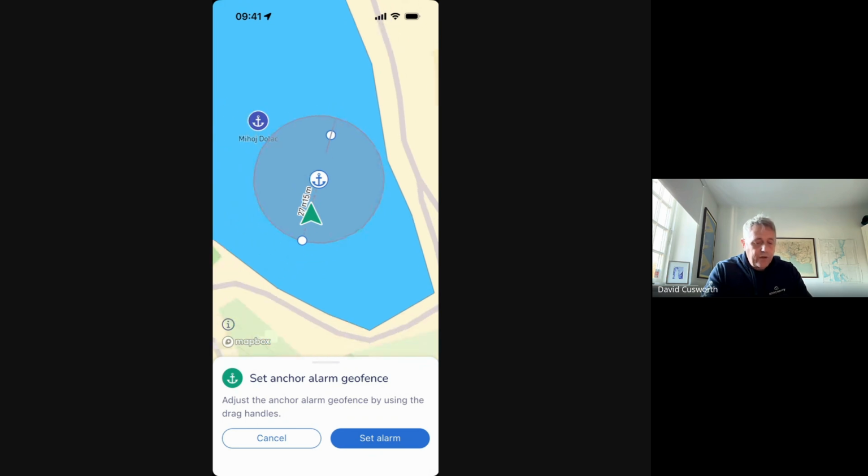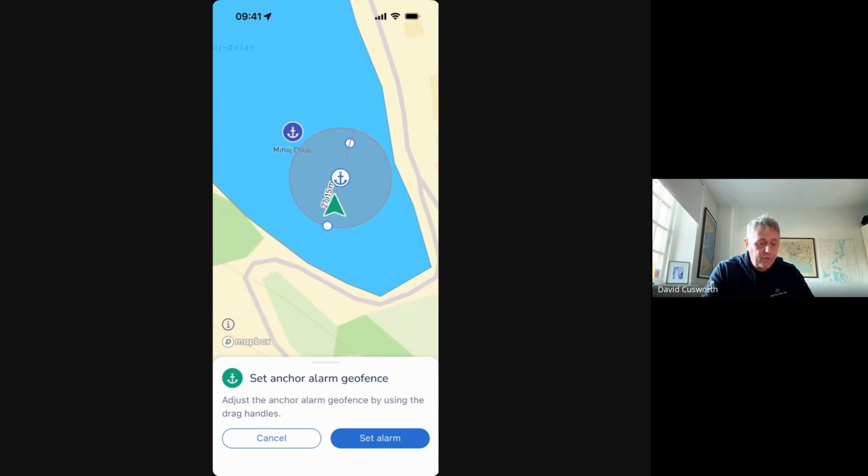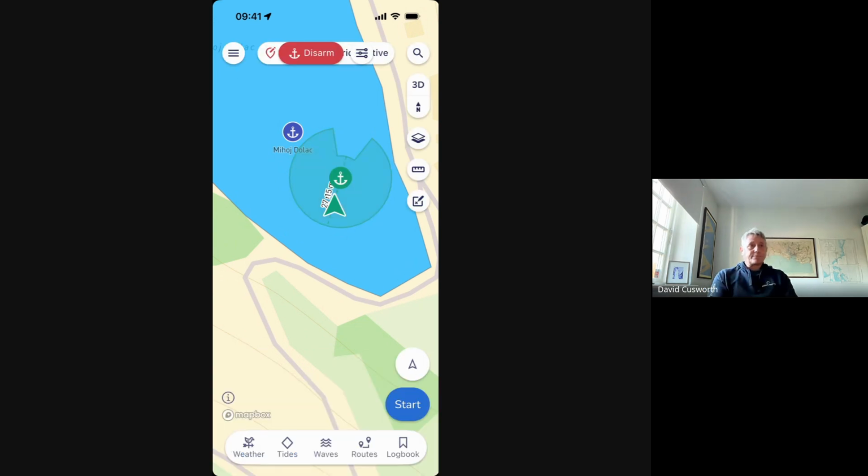So I wanted to make sure that I was clear in the bay. And then there was another boat that was just kind of in front of us to the side. So I set that boundary and then just click on set alarm. And my anchor alarm was then set for the night. And we stayed at this anchorage from about, I don't know, like 5 o'clock in the evening through to lunchtime the next day. And the anchor alarm was happily